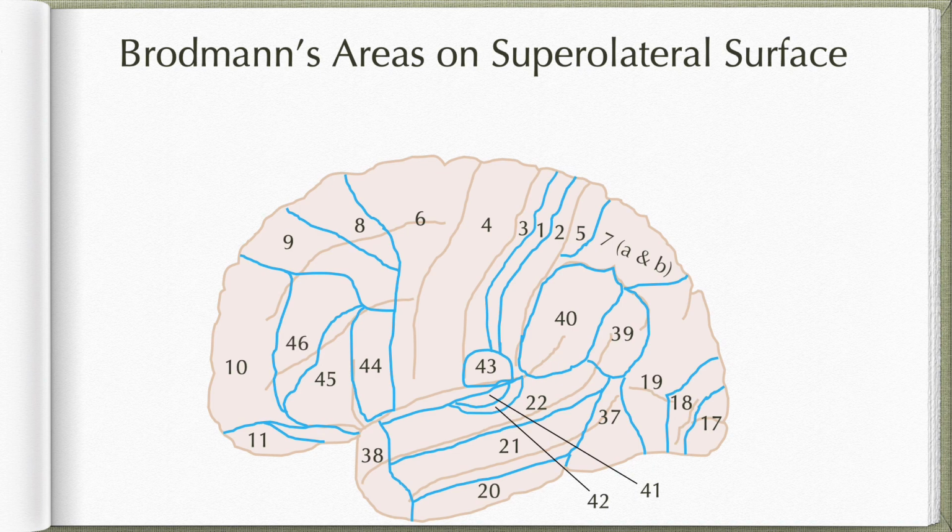The rest of the area in between the area number 10 and 45 is area number 46. Lower part is area number 47. We skip a few more numbers and the rest of the superior surface of superior temporal gyrus is area number 52. That actually you need not worry about remembering. So these are the various Brodmann areas which we need to remember for understanding the functional areas on the superolateral